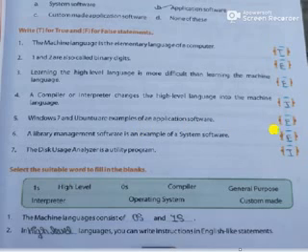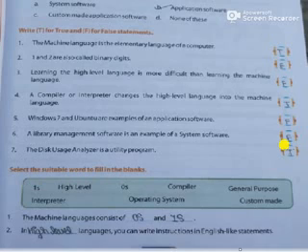Done. Now the next one: the disk usage analyzer is a utility program. That is true. Disk usage analyzer is a utility program, so your last answer is true. So all your answers are confirmed. First is true, then second one is false, third is also false, fourth is true, then fifth, sixth are false, and seventh is true. Done.